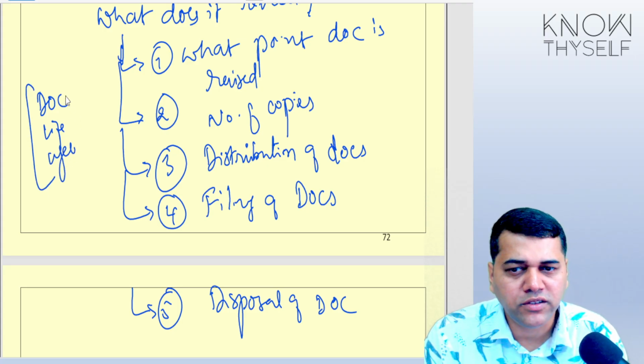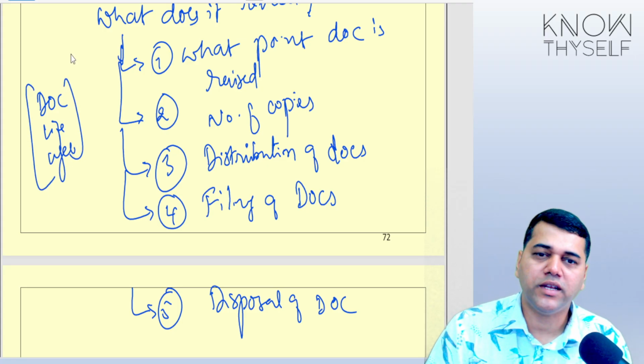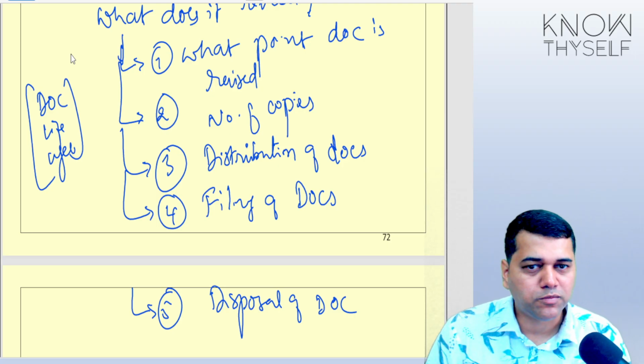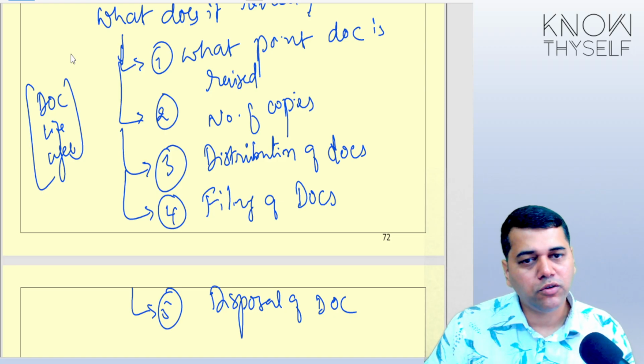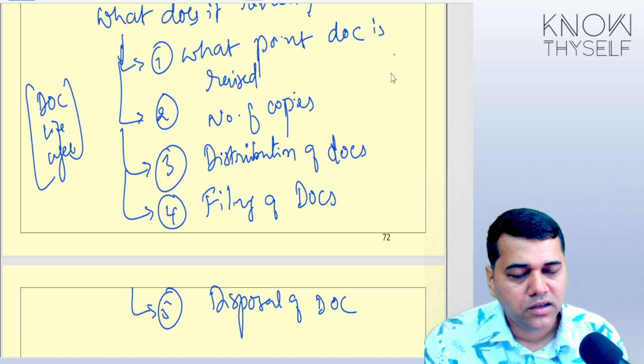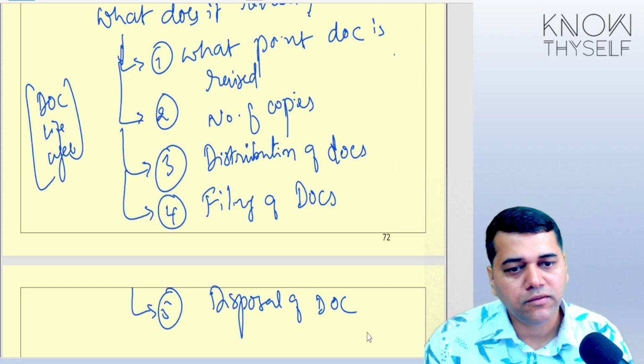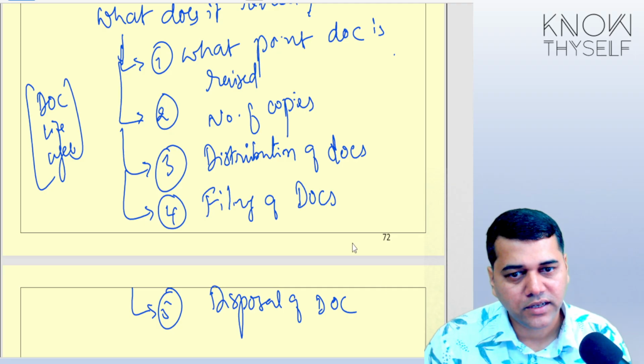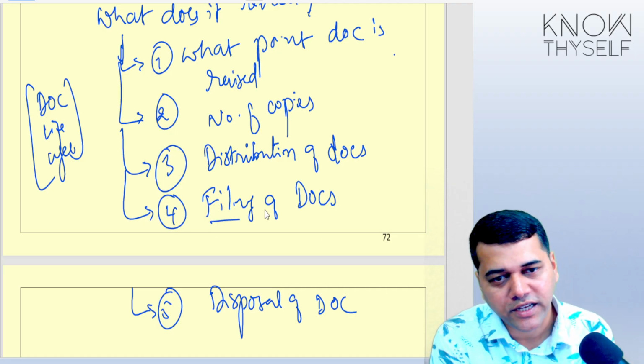Now you write about this in the flowchart. That means where the document will come, how they will split, where all it will go. You see, like our life, somewhere something comes into life, it expands, it grows, and one day it dies. It will stabilize in one place. Filing, it will stay.